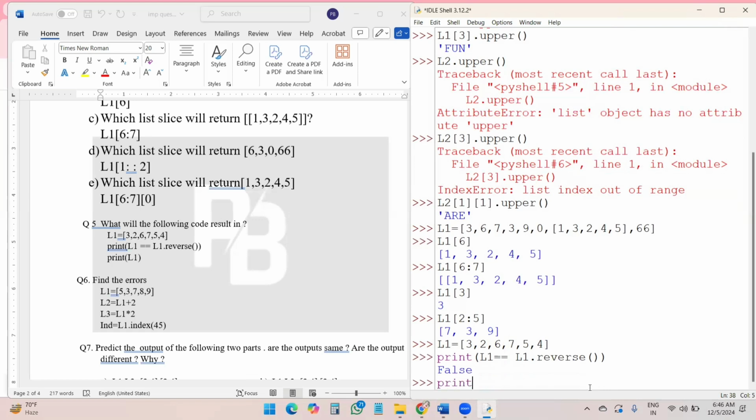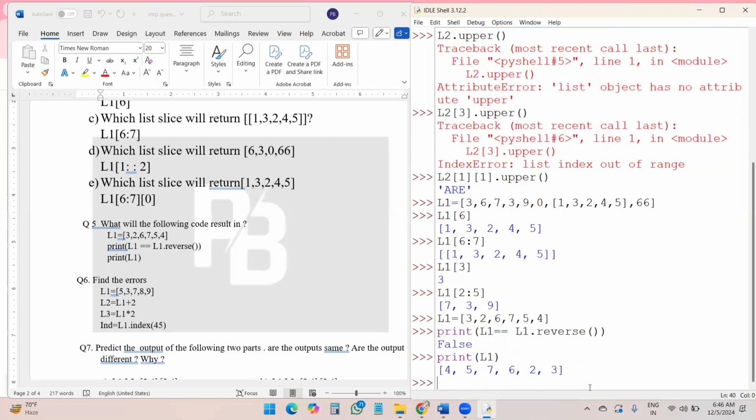But after that, if I just want to print L1, it is reversed, right? So that makes a change in my original list, okay? So this is also a very important concept, students. So how it works: L1 is there. It is compared with L1.reverse(). So it reverses my original list.